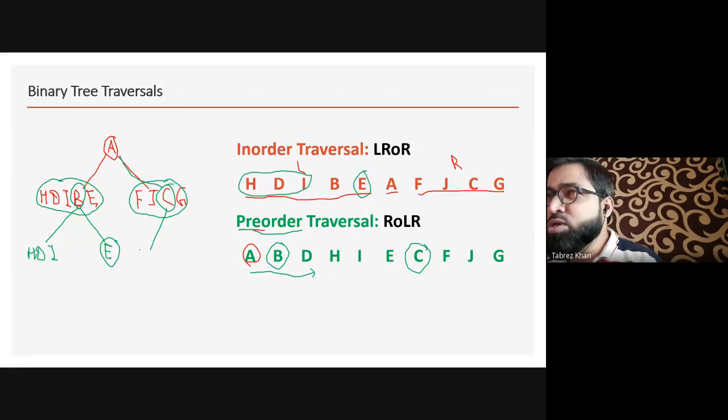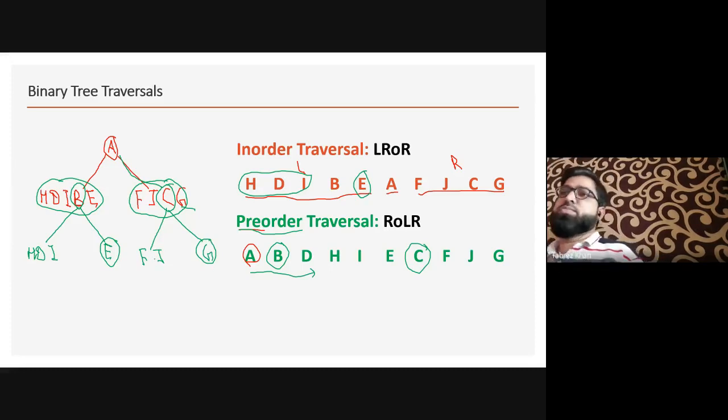So here I will be writing F and J, and on the right hand side of C I have this G. Okay, and since there is only one node, G, I can simply make a node. I can simply write G into this. Okay. Then on this side, I need to see